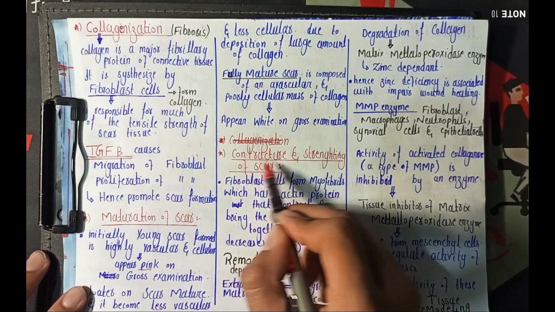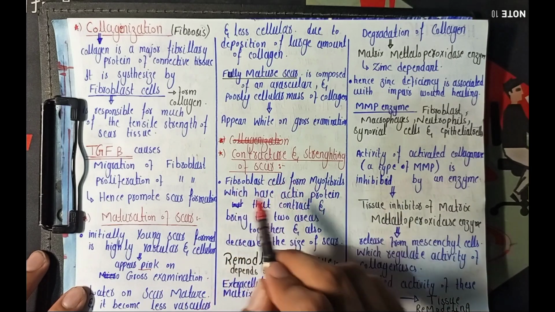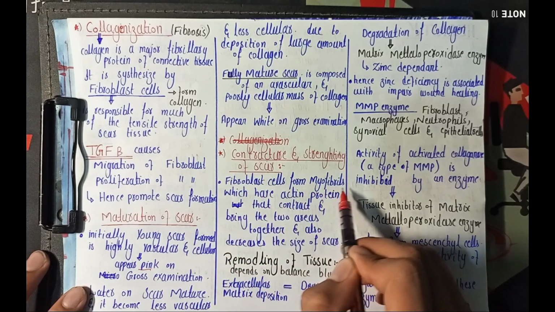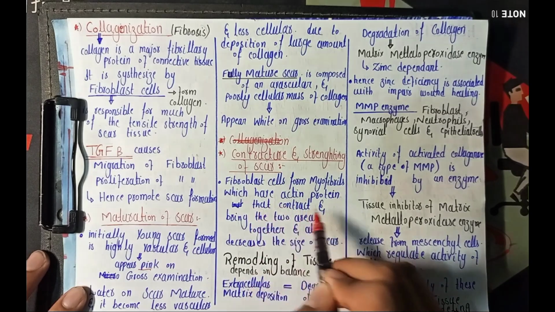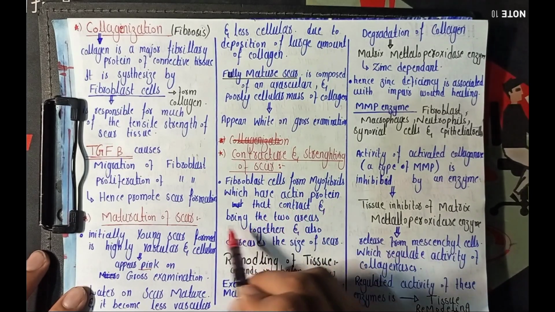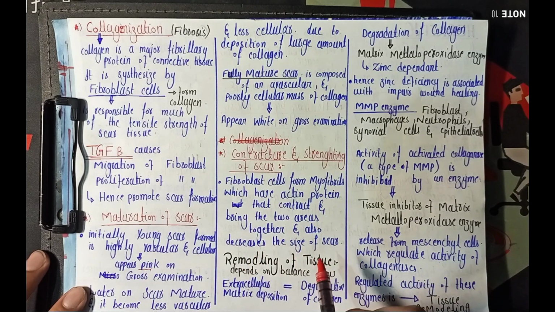आखिर में हमारे साथ आता है contracture and the strengthening of the scar. It depends on the fibroblast cells. The fibroblast cells produce myofibrils, which have the actin protein, and this protein has the property of the contraction. And when they contract, they bring the two injured areas together and decrease the size of the scar and make